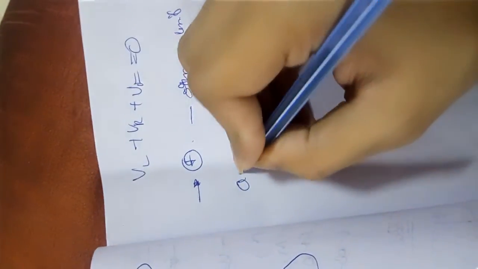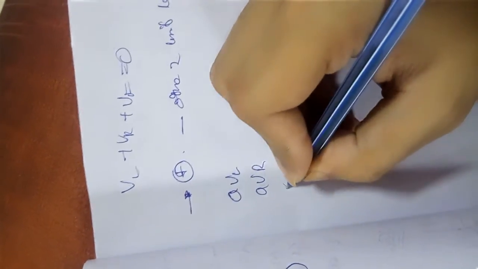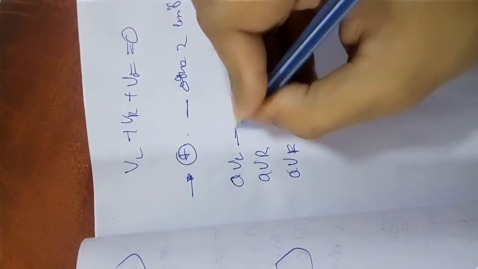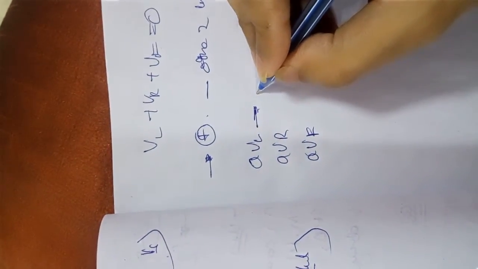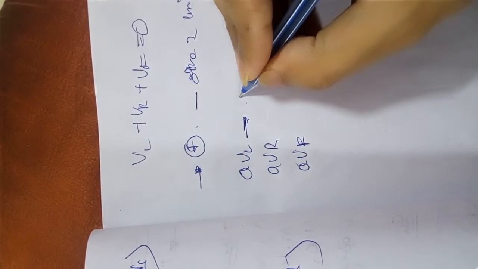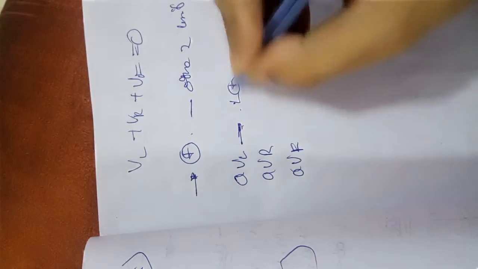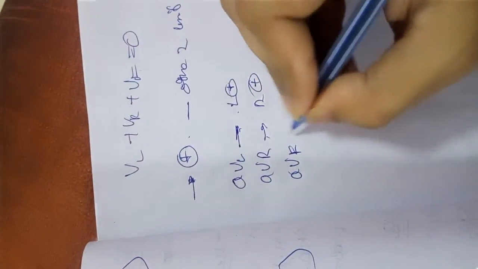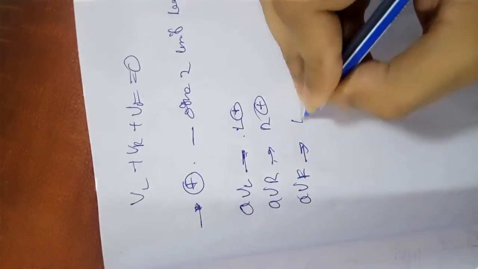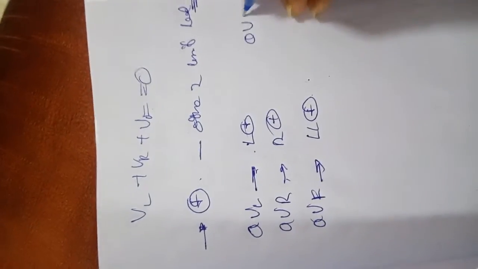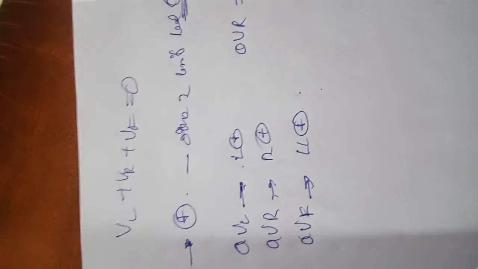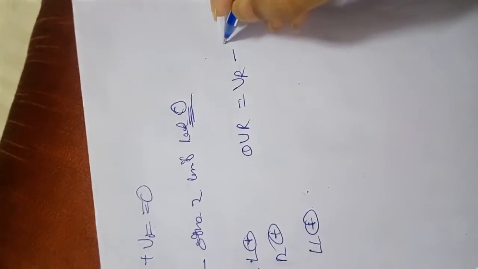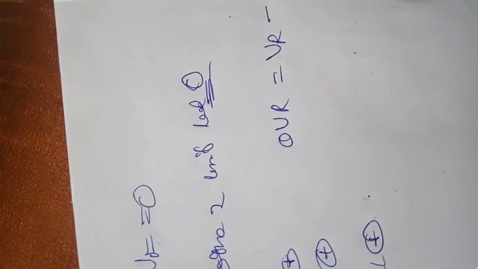These are designated as AVL, AVR and AVF. AVL is made by making the left arm positive and the other limbs zero. AVR is made by making the right arm positive, with the other 2 limb leads zero, and AVF is produced by making the left leg positive and the other 2 zero. Here we can see that AVR is equal to VR minus the other 2, making them 0, that is VL plus VF by 2,